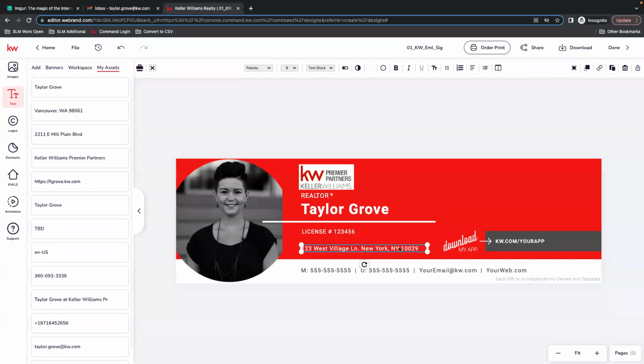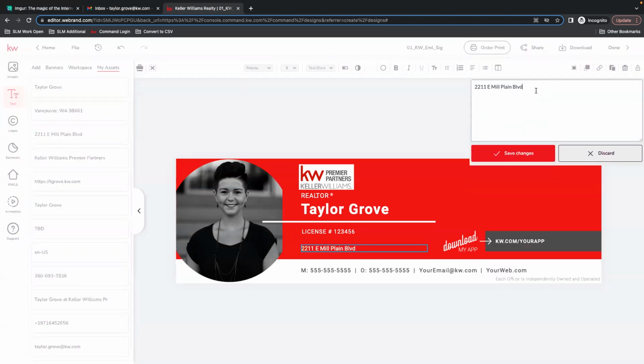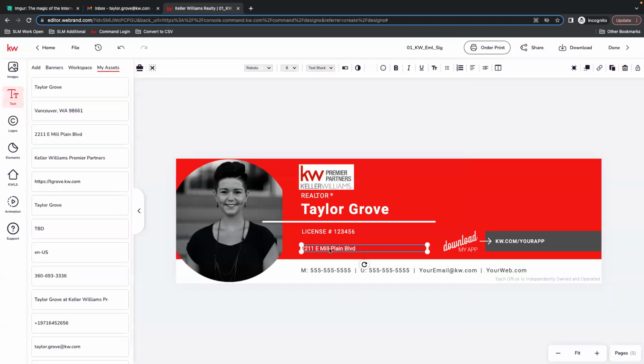Now for this is the office address. Now you'll notice I have the address in two different boxes. So if I were to come over here and replace the text, it's only going to use one of those boxes. It's not going to throw both in there. Same thing if I replace text here. So this might be one where I want to maybe use one of them and then come in here and type the rest, or